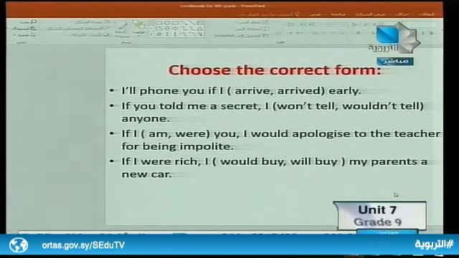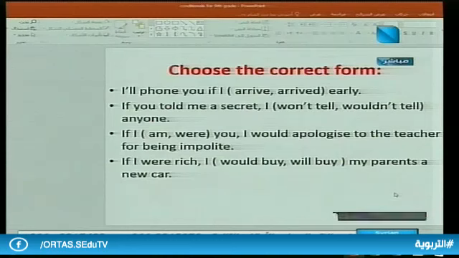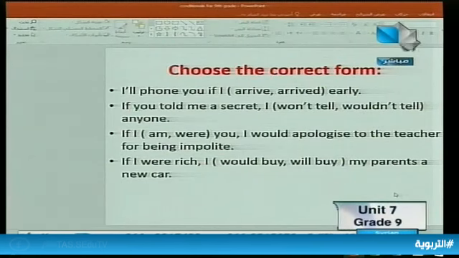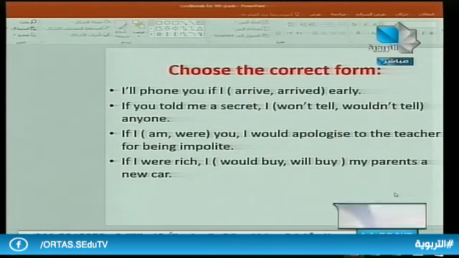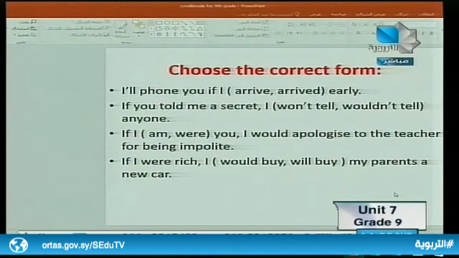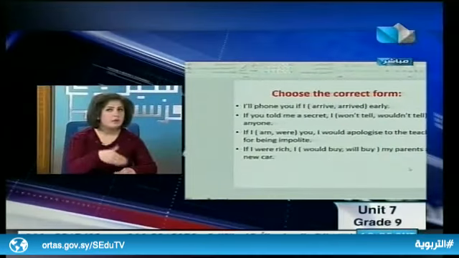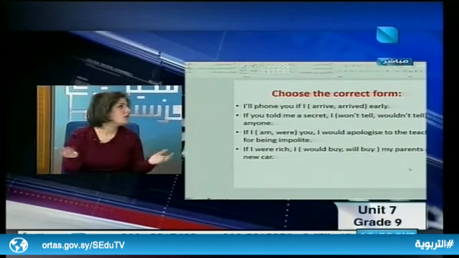Because we need here a verb in the present simple. Very nice. The second one: if you told me a secret, I won't tell, or I wouldn't tell anyone. Here we have the if clause first, and we use the simple past, so we are imagining what would happen if you told me something. But in reality, you didn't tell me a secret, so I will not